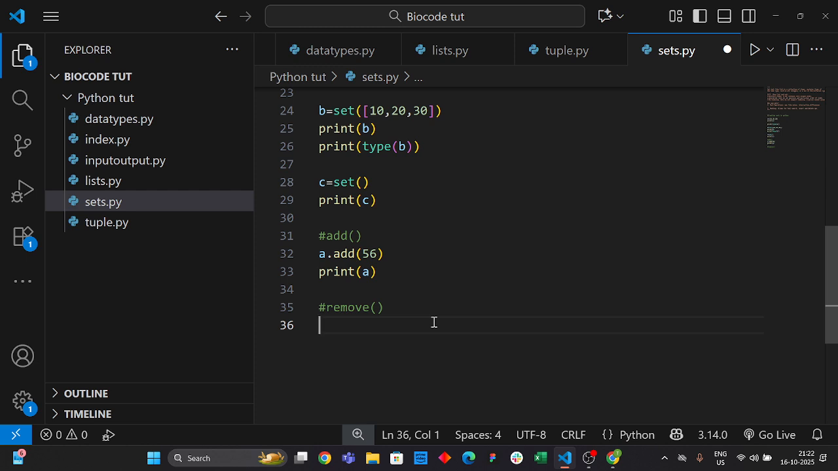If you are coding in Java or C++, in order to do this simple thing, you have to write this many lines of code just to add 56 to this set. In fact, just to print hello world, you will have to write so many lines. But in Python, it is not like that. Now let's